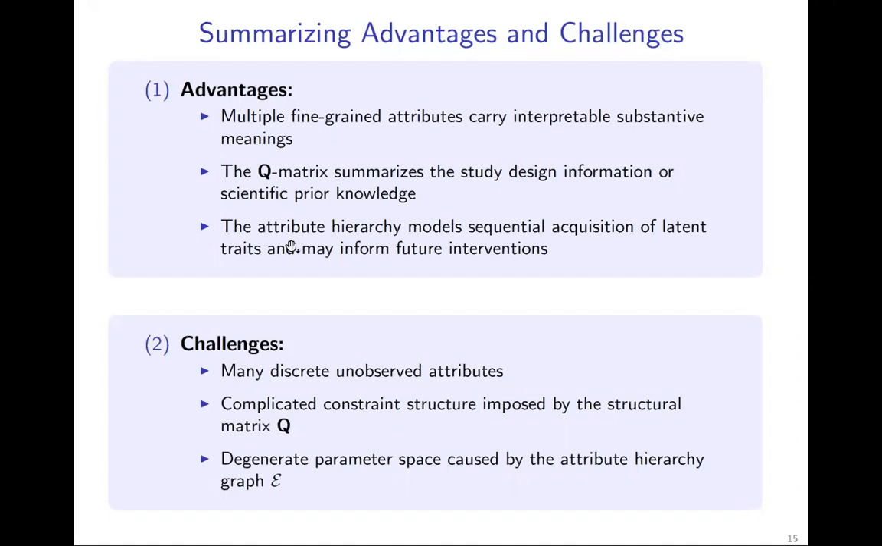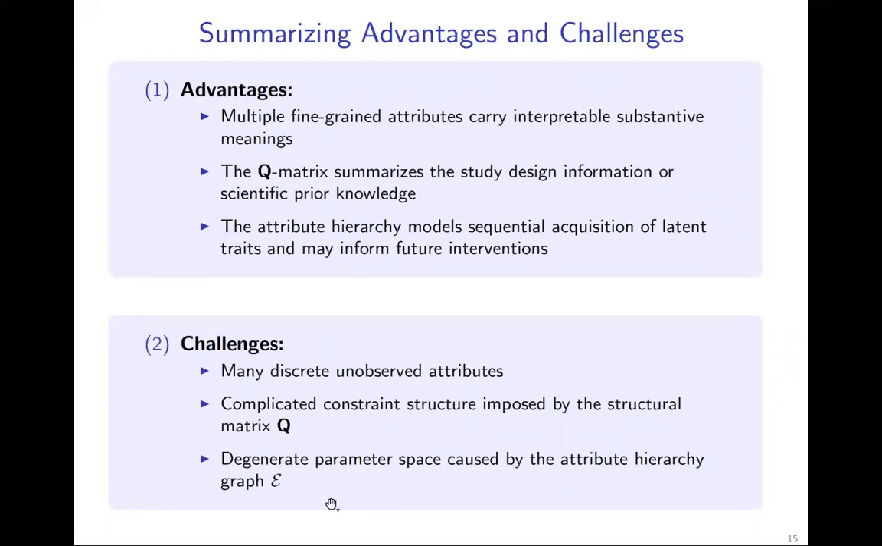In addition, the attribute hierarchy graph can encode the sequential acquisition of some latent traits. And by having an understanding of this attribute hierarchy, we can actually inform future educational intervention, for example. But together with these gains brought by this type of models, we also have challenges. For example, the many discrete unobserved attributes themselves can bring challenges in estimation and theory. Also, the complicated constraint structure imposed by the Q matrix and the degenerate parameter space caused by the attribute hierarchy